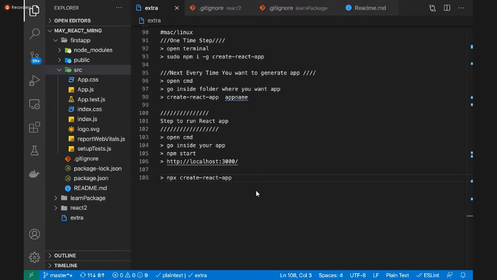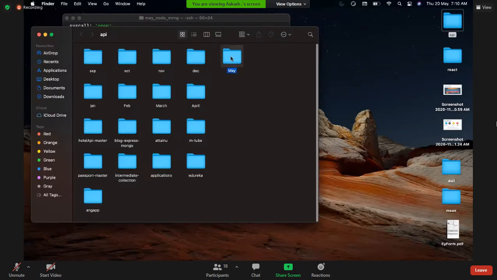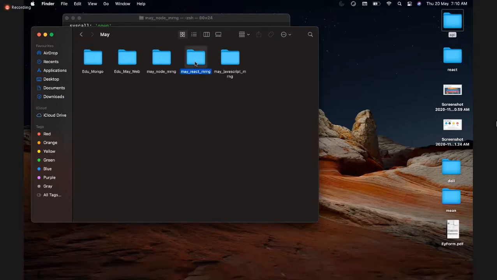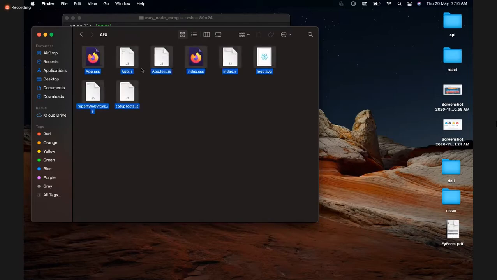So I'm going to start fresh. I'm going to delete all these files first of all. We'll go in the folder, first app, and we'll bring this application back. We don't need it. And I'll go to src, select all and delete all.